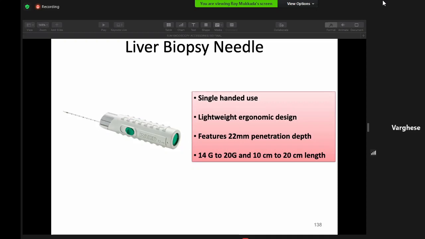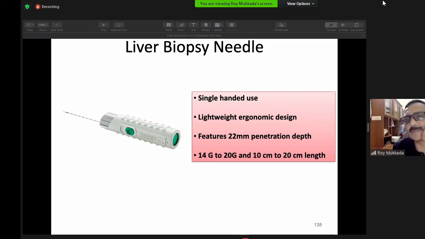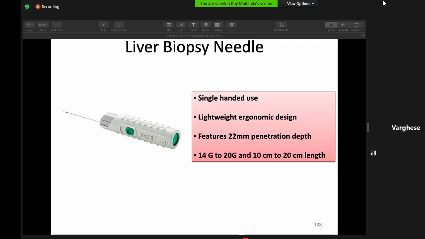If there is massive ascites, will you do it? Sir, only after draining the ascites we have to do the liver biopsy. Okay, then if there is a pleural effusion on the right side, or a right-sided pleural pathology, you have to be very careful. If there is a hydatid cyst, you have to be careful. If there is a hemangioma likely to be in the passage route, you have to be careful. Also, massive biliary dilatation is also a contraindication. What will happen?